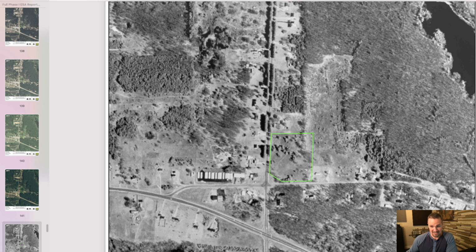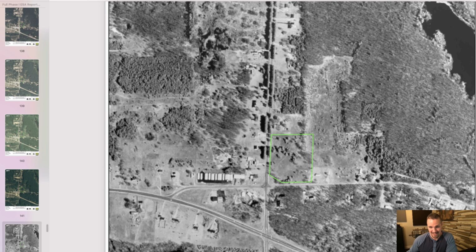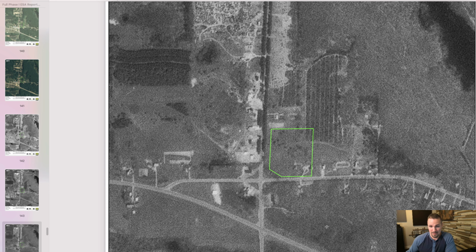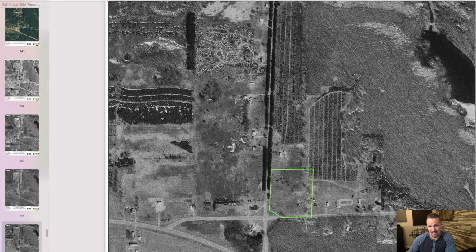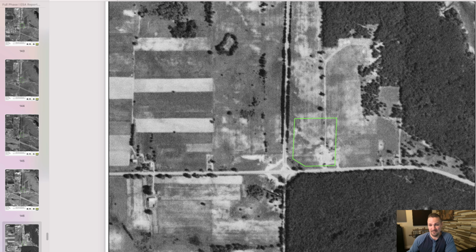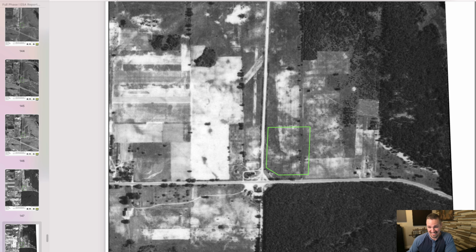You can see, this is going back to 1998 now, and it looks way different. Now, this one is jumping way back to 1981. You can see pretty clearly there's some kind of farming operation going on there. This is back in 1976. This is back in 1972. This is back in 1969, 1953 right here, and then 1938. That's the earliest aerial photo we have.